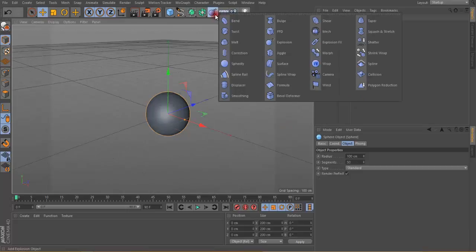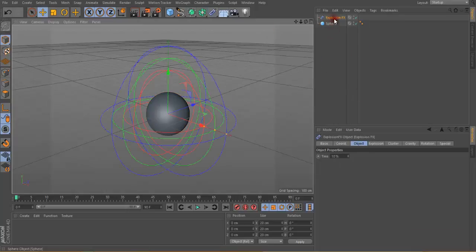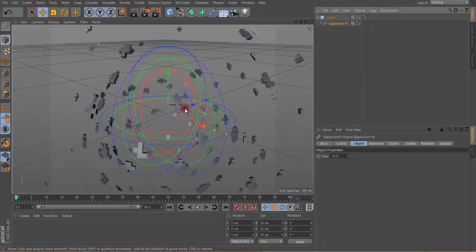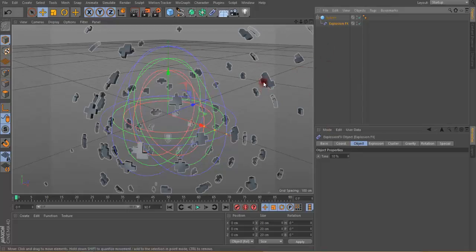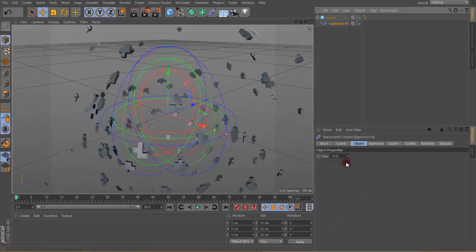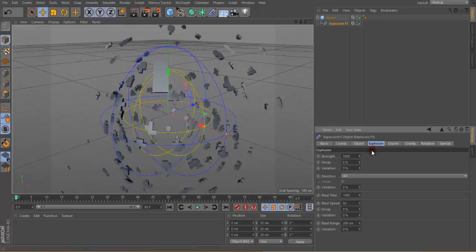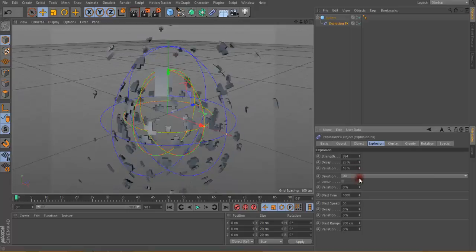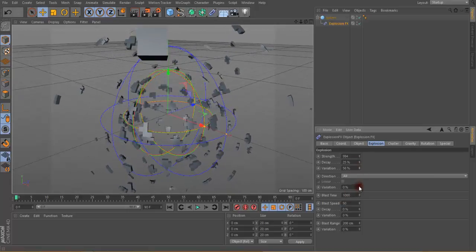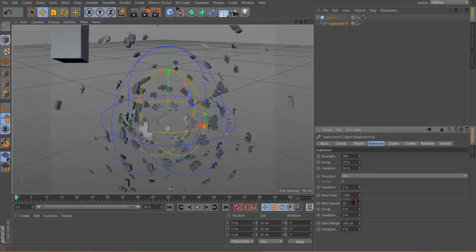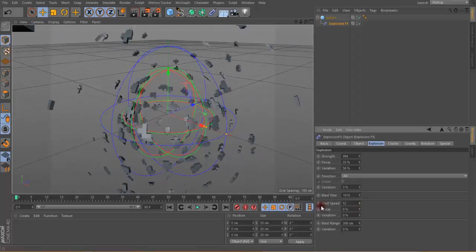Next one is explosion effects, is advanced part of this explosion. I click on this explosion effects. I drag this explosion effects on this sphere. You can see it works same like explosion, but have a little bit different parameter or advanced parameter. You can change the timing of it, the parameter of explosion by using the explosion options, a strength of explosion, decay, variation of this explosion, variation in directions. You can change the blast time like this, blast speed, and other option according to blast